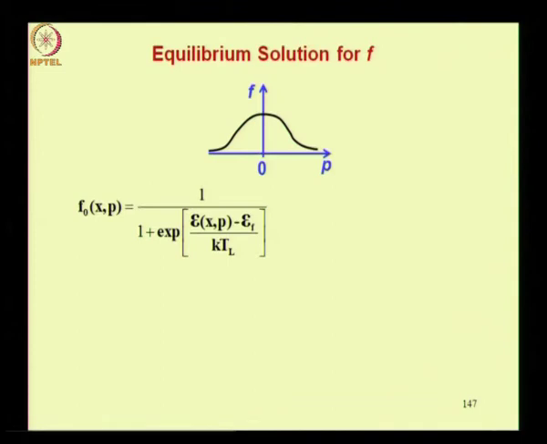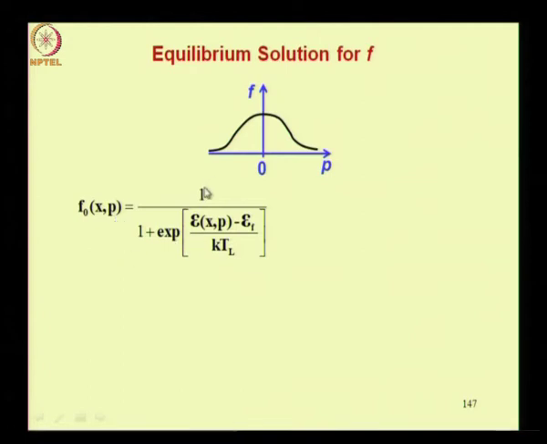Let us look at the equilibrium solution for f. Let us attempt to check whether a form like this can work. Now this is really good guesswork or imagination, right? Right now we cannot justify this form unless we show that it will satisfy the Boltzmann transport equation, and we also derive under what conditions it satisfies the Boltzmann transport equation. Let us say we have done an inspired guess. Note that I have put a suffix 0 here to show that this is the equilibrium situation, and the t therefore has gone out of this set of variables.